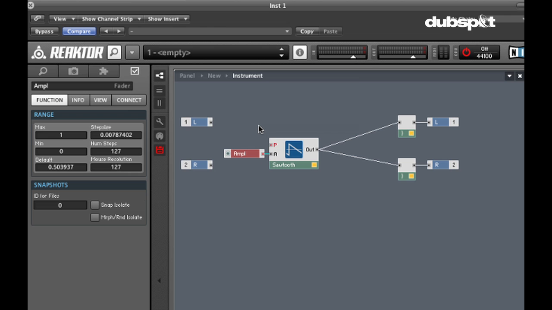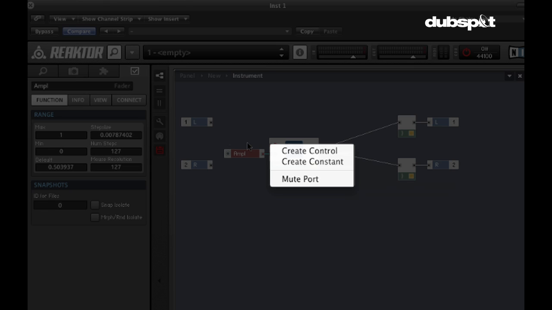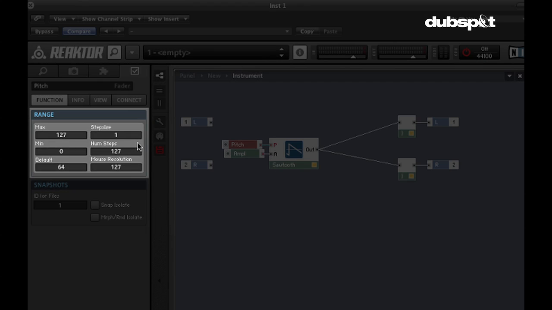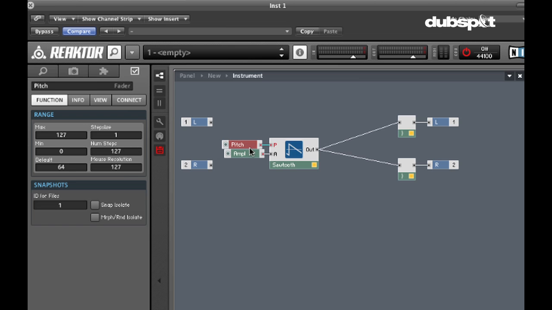So P stands for pitch, and typically we measure pitch in hertz, which is linear. Now, P actually is looking for a MIDI note number. So we're going to go with a MIDI signal for this one, and it's going to be a range of 0 to 127. It's going to understand these whole numbers, just like they're being sent from your keyboard. So I can right-click here, and I could say create control if I want, and you'll notice that it's created a range of 0 to 127 with a step size of 1,